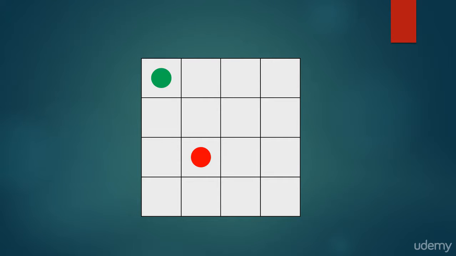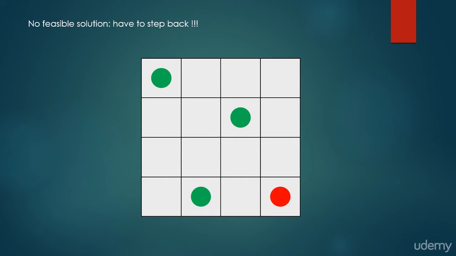So we came to the conclusion that this position is not good, so we have to increment it. And this is a valid solution because the first queen cannot attack it, so we consider it done and start again with the third queen. We see that this solution is not good because the first queen can attack it, so we increment, and this situation seems good so far. But if we try to put the fourth queen, we come to the conclusion that no positions are feasible, so